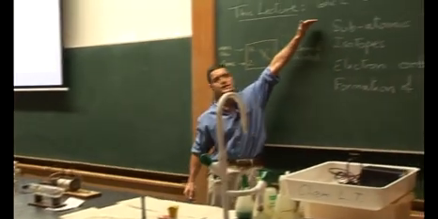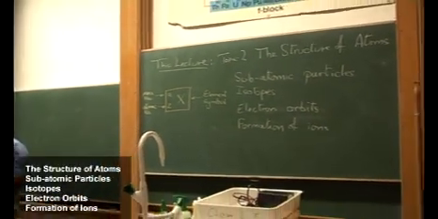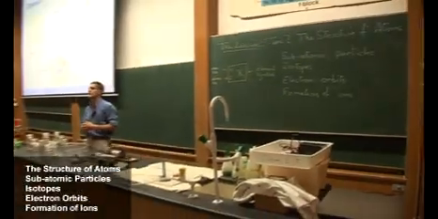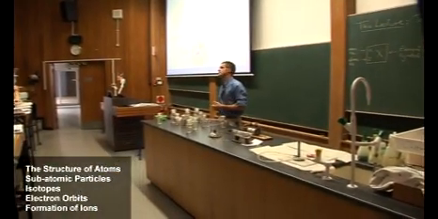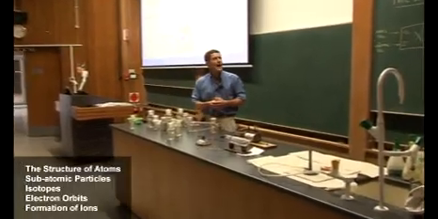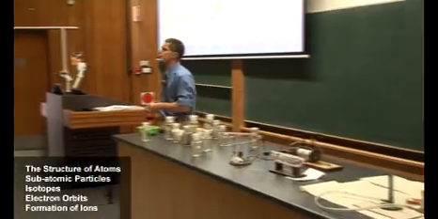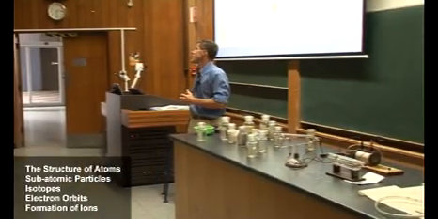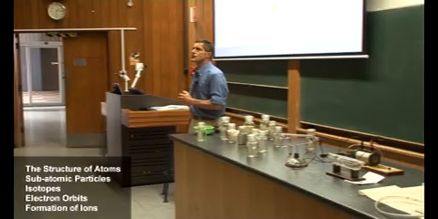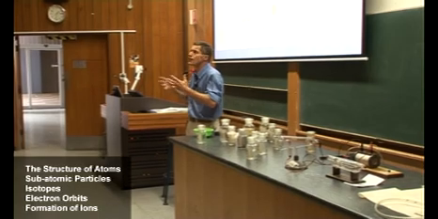Topic 2 focuses on the structure of atoms. And what I want to tell you about is a little bit about the history of atomic structure. We want to look at subatomic particles, how this relates to things called isotopes, what they are, and a few examples of those. And then I want to focus very much on electron configuration, or electron orbits, because this will